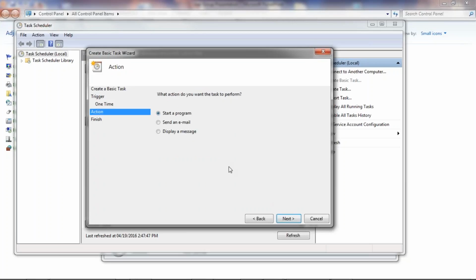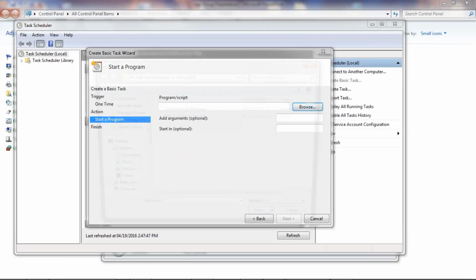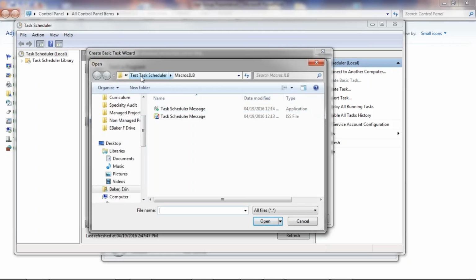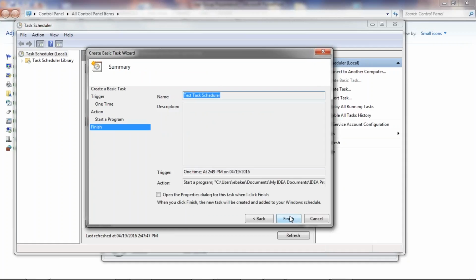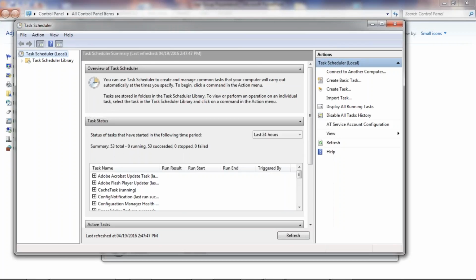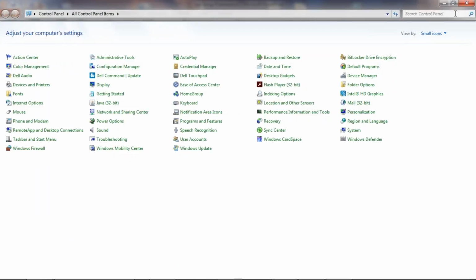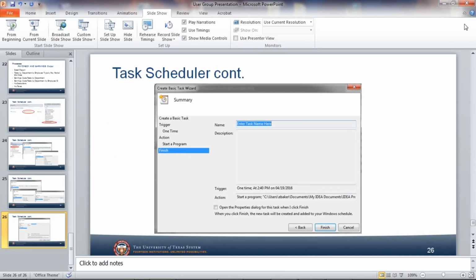Okay, we're going to start a program, and then we want to browse for it. So again, I created a project so that I could find it very easily, and here's my executable. This is my ISS file, so that's the actual editable script file. All I had to do was save that very same script and create the exe. So I'm going to choose that, post it in, and choose Next, and then it gives me the final information. So I'll click Finish, and we're going to close this, and we have probably a few seconds before that comes up.